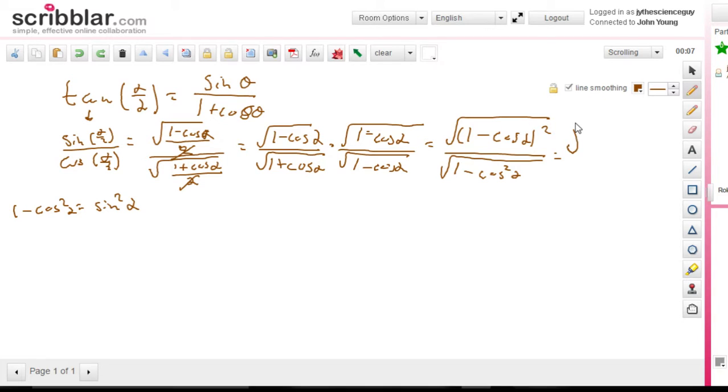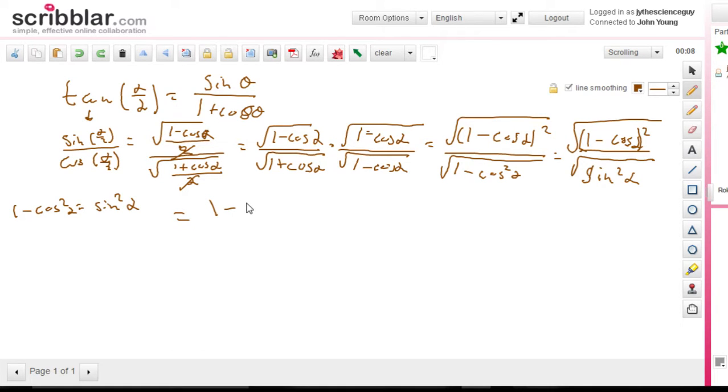So I have the square root of 1 minus cosine alpha squared over the square root of, put that in parentheses, sine squared alpha. If you take the square root of a square, they just both cancel one another. And I also have another square root of a square on the top. So that means that this is equal to